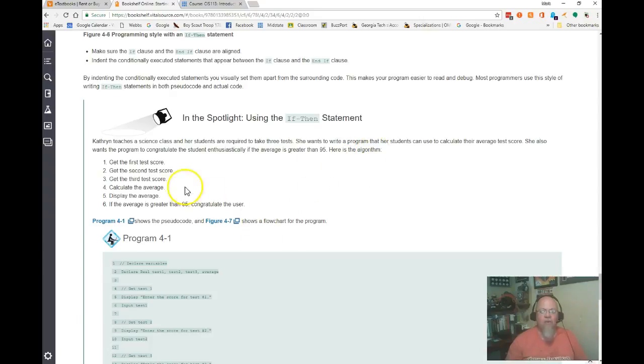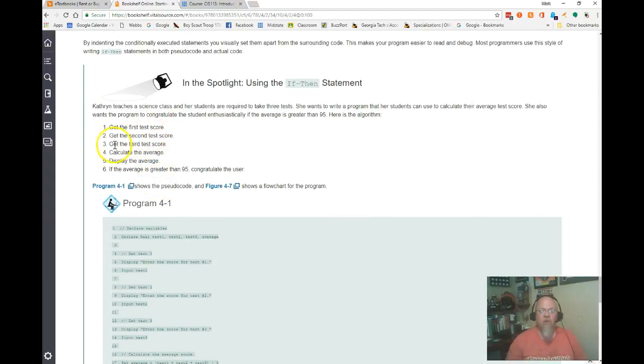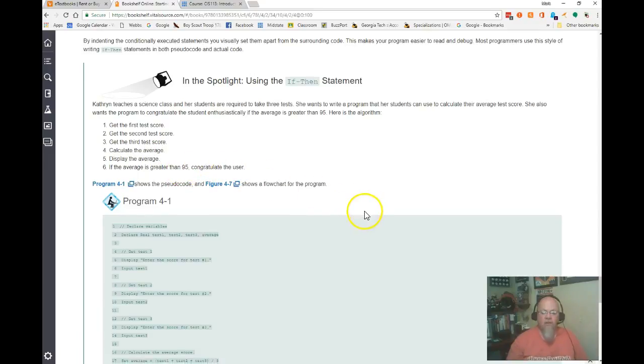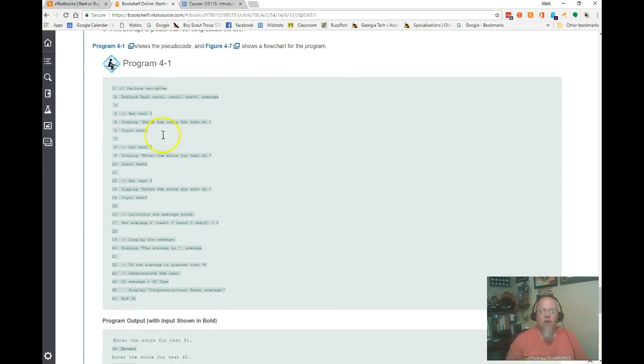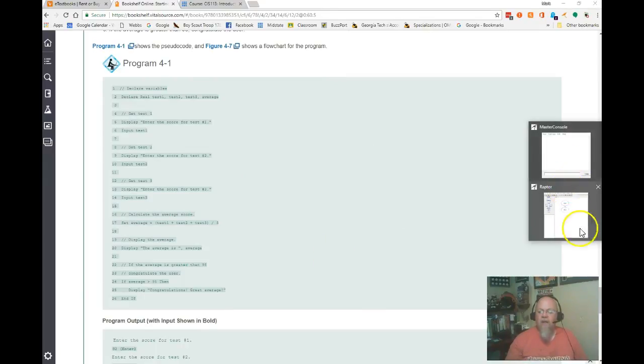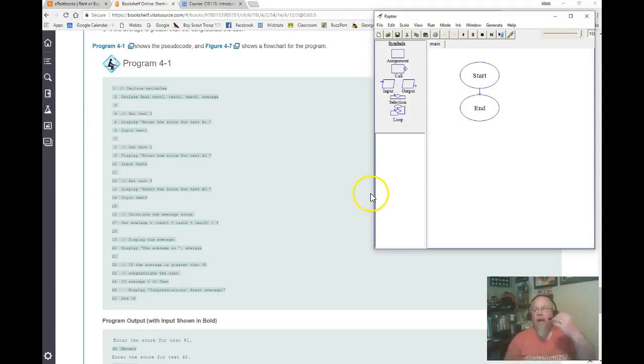So here's the algorithm. First we get the test score, we get the second test score, we get the third test score, we calculate the average, display the average, and if the average is greater than 95, we congratulate the user. Okay, so here is the pseudocode. But before we do that, let's just jump in and actually do a decision